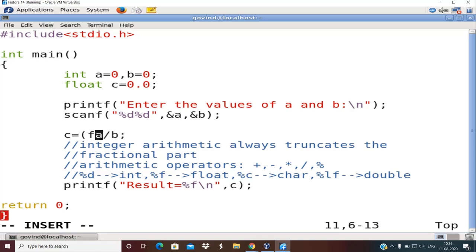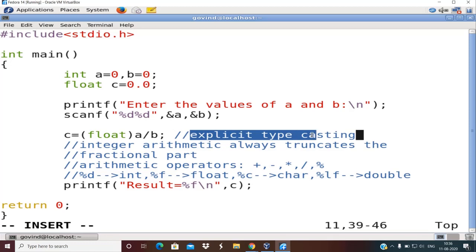So I now make this a as float. This is called explicit typecasting, right? By following the concept of explicit typecasting, I can temporarily make one of the variables a different data type.